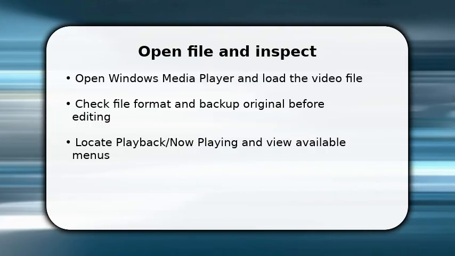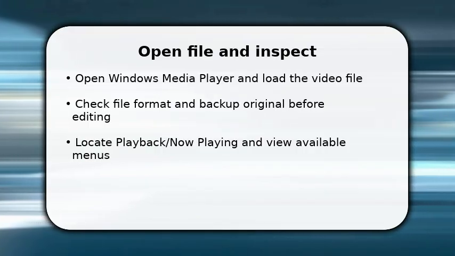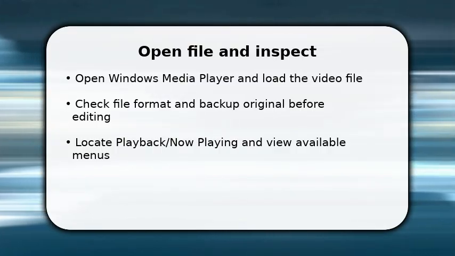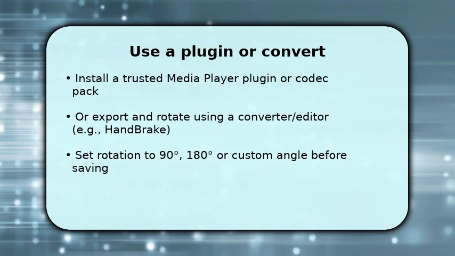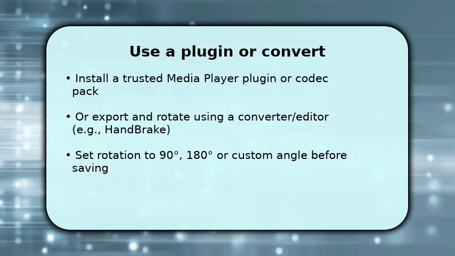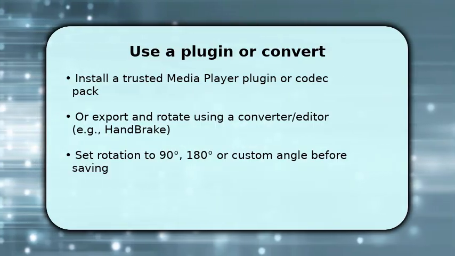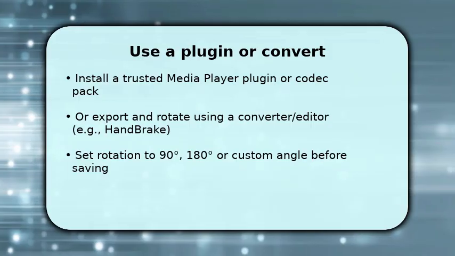This matters because Windows Media Player lacks a built-in rotate tool, so identifying menu access points prepares you for using an external plugin or exporting method that integrates with the player. You now decide between adding a plugin that enables rotation inside the player or exporting the video to a short conversion/editing workflow. If you choose a plugin or codec, install it and restart the player so new options appear under